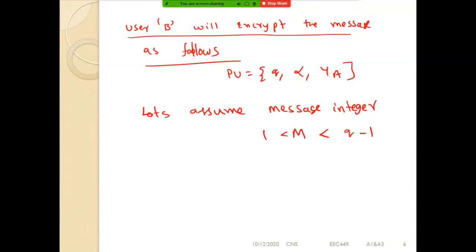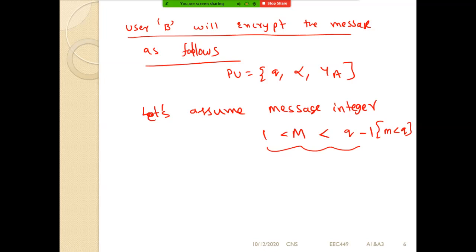So we can write M less than Q, simply M less than Q. All of you, is it clear? See, if the message is very lengthy, we can convert it into blocks, and each block integer can be the M value. Clear?